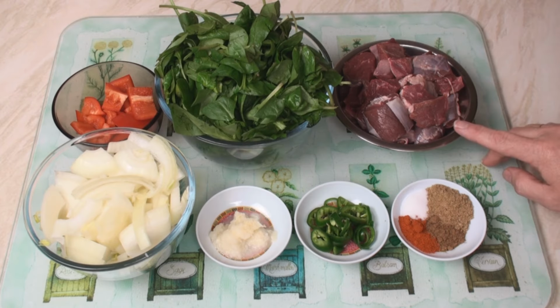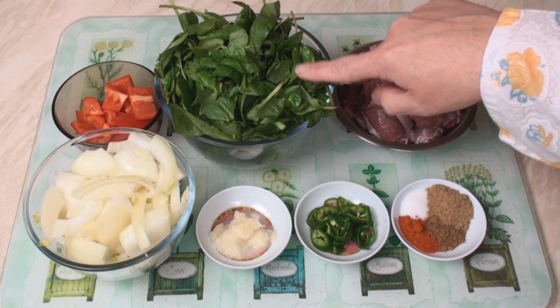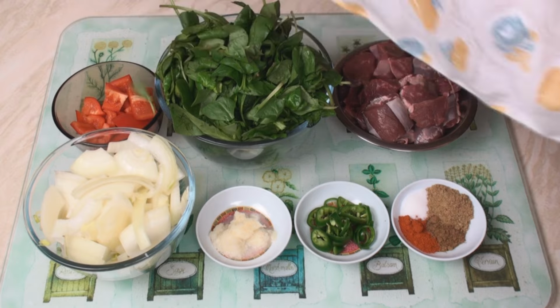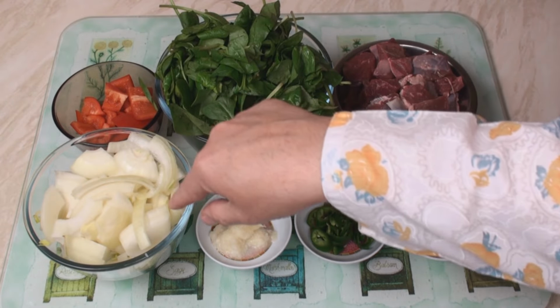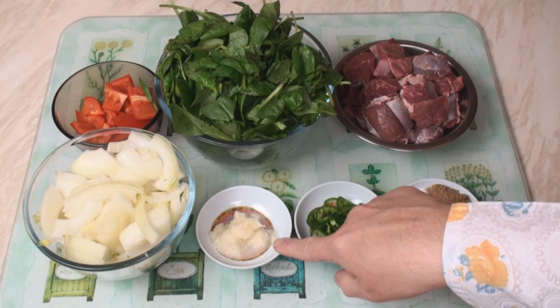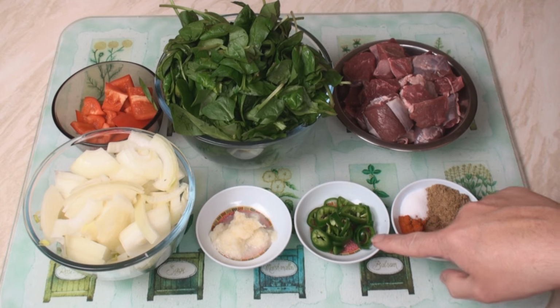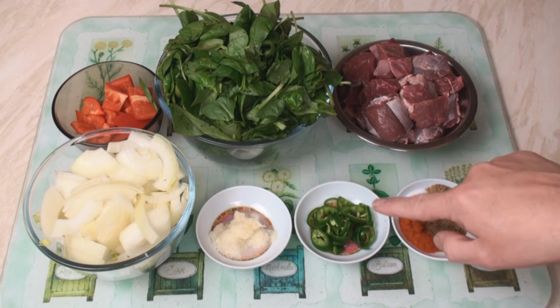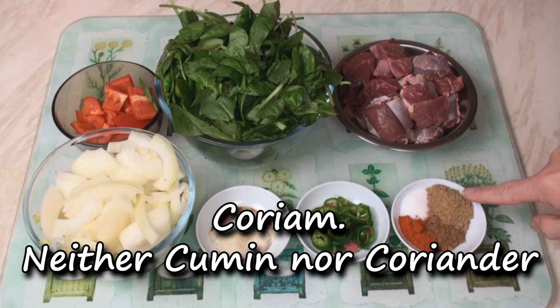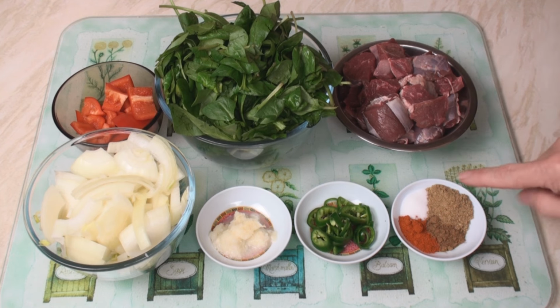For my lamb and spinach curry, I've got 450 grams of cubed lamb, 200 grams of spinach roughly chopped, 1 red capsicum pepper coarsely chopped, 2 onions cut into slices, 1 tablespoon of garlic and ginger paste, 2 green chilies cut into slices, and you can leave the seeds in or not, that's up to you, 2 teaspoons of coriander, and then here I've got a